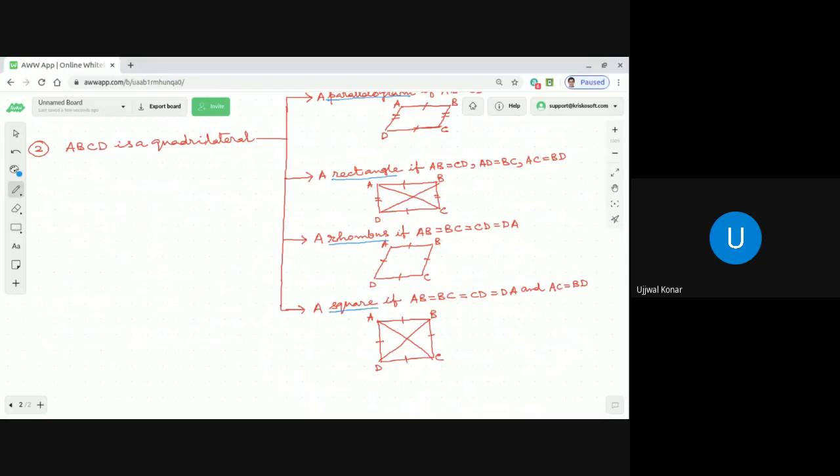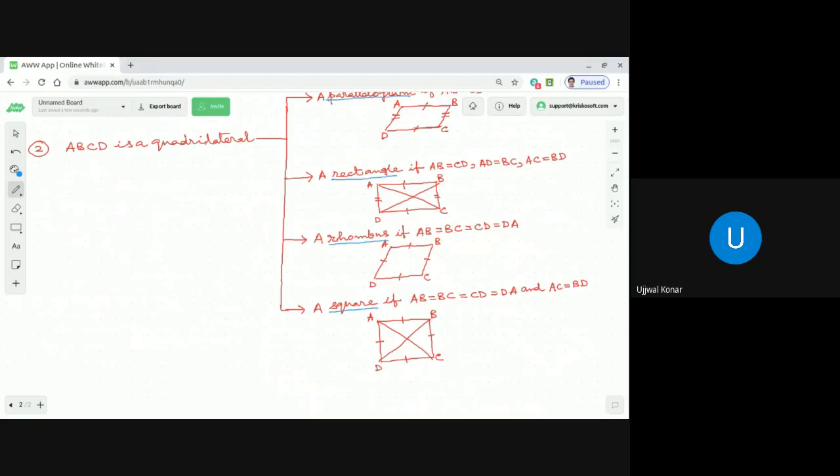Because what are the conditions for a quadrilateral to be a rhombus? All four sides have to be equal, which is satisfied by a square. Along with that, a square also satisfies one more criterion: its diagonals are also equal. So we can say, dear students, that a square is a rhombus, but a rhombus is not necessarily a square